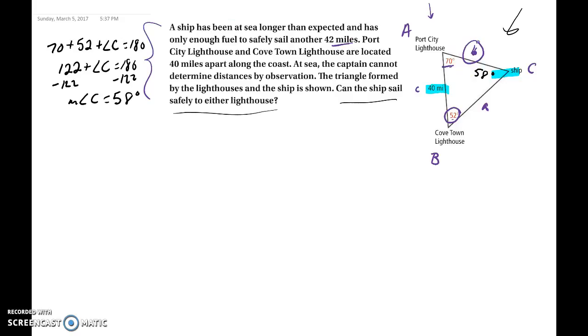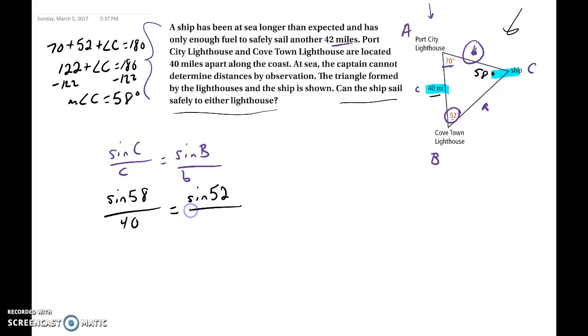All right, so that means we have sine of C over c is equal to sine of B over b. We'll plug in what we know. So angle C is 58 degrees, so it's sine of 58 over top of the c, which is 40, is equal to sine of B, which we know is 52, over top of little b, which is what we're solving for, which we do not know. All right, now remember, this represents a number, so we can go ahead and plug that into our calculator, which is equal to